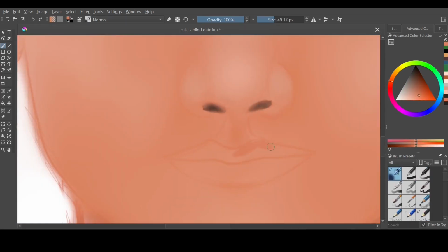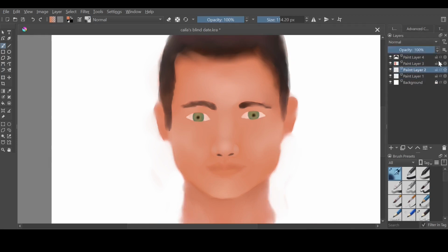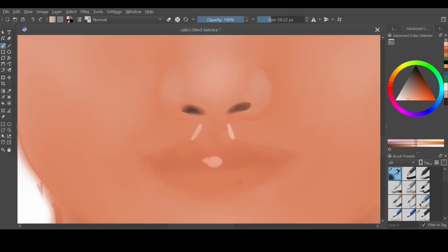I pretty much decided I would just blur everything out. Blur everything out. I kind of did something similar. You saw me do lots of blending. I figured out that it was too small. Okay, that's a little bit better. That's a little bit better. I should have made it bigger, so...